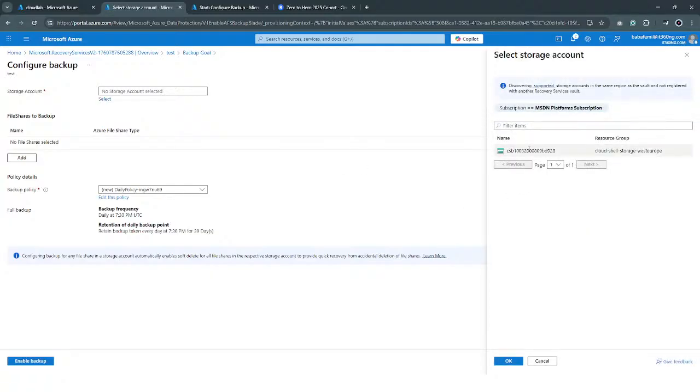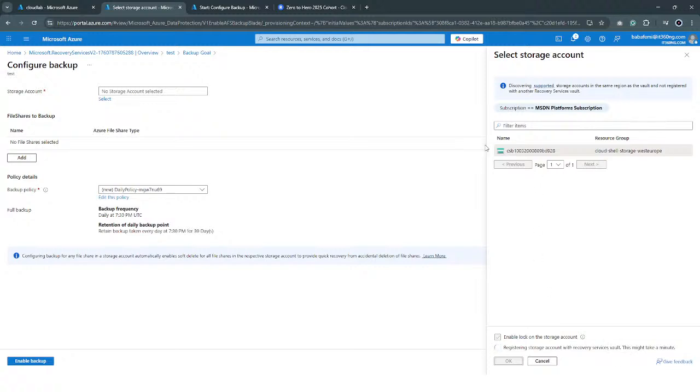Is that the storage? Okay, let's just pick this one though. Unfortunately, it looks like I've created the vault in a different subscription from where the storage account I wanted to use is. So I'm not going to be able to see that, but at least this shows us how we can configure the backup. You can see I'm registering this account so that the recovery service can